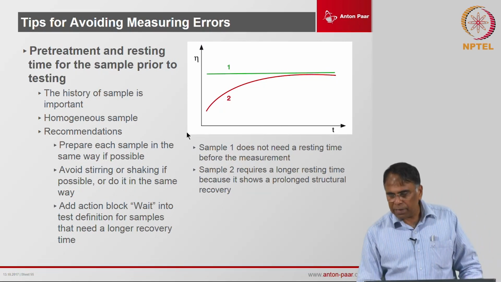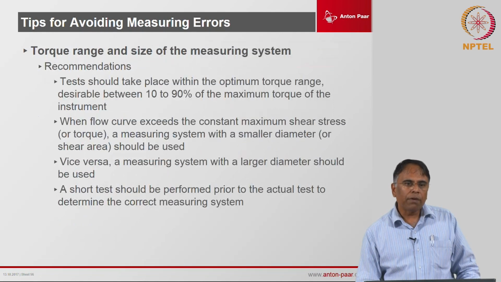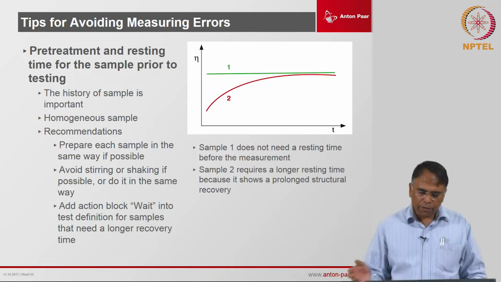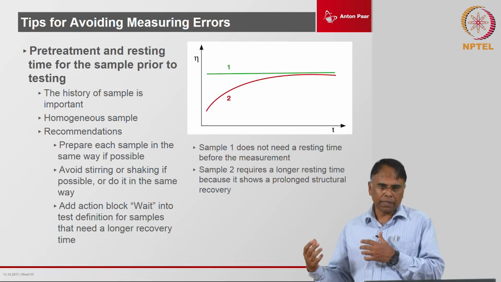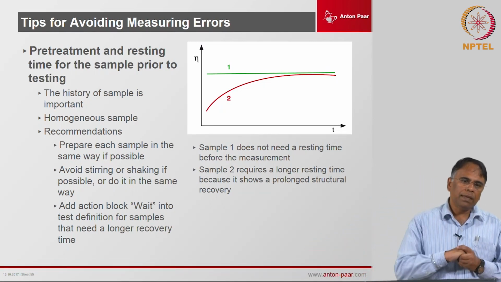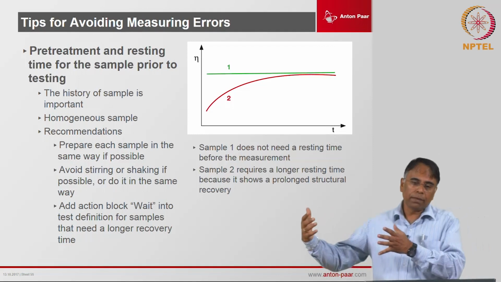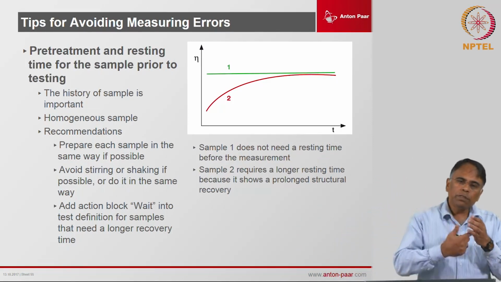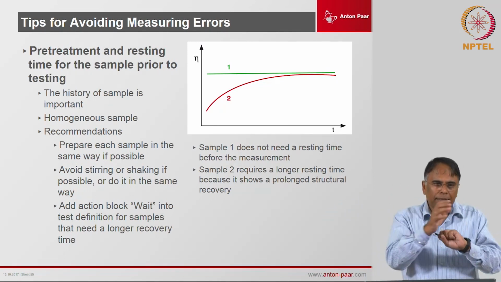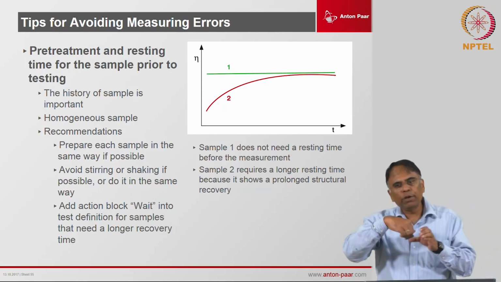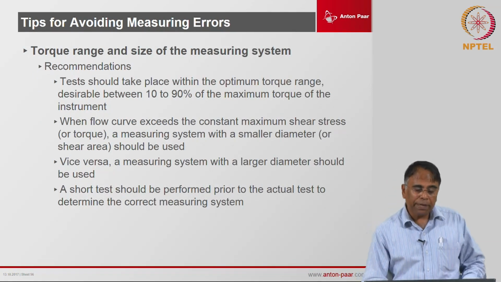Okay. Samples which are dispersions or slurries would also require what we call pre-shear. The pre-shear basically makes sure that a sample is well homogenized before testing. Sometimes the pre-shear is also necessary if you take a coaxial cylinder system, for example, and you want to measure at say 135 degrees centigrade. It is better to do a soft pre-shear to make sure that the temperature is really well stabilized across the whole sample, and then you can do your viscosity measurements. So the pre-shear is a very good pre-treatment method.